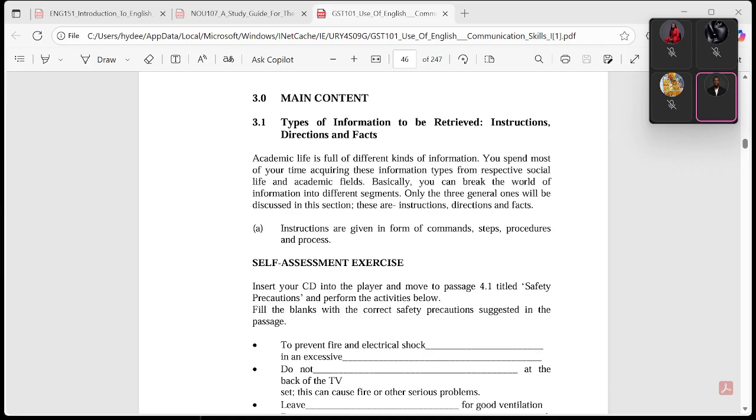All right, so importance and is essential for your safety. So these are ways that you can actually get information. There are ways that you can retrieve information by instructions. So if you listen to instructions correctly, you'll be able to decipher between right information and wrong information. You get what I'm saying? Instructions.